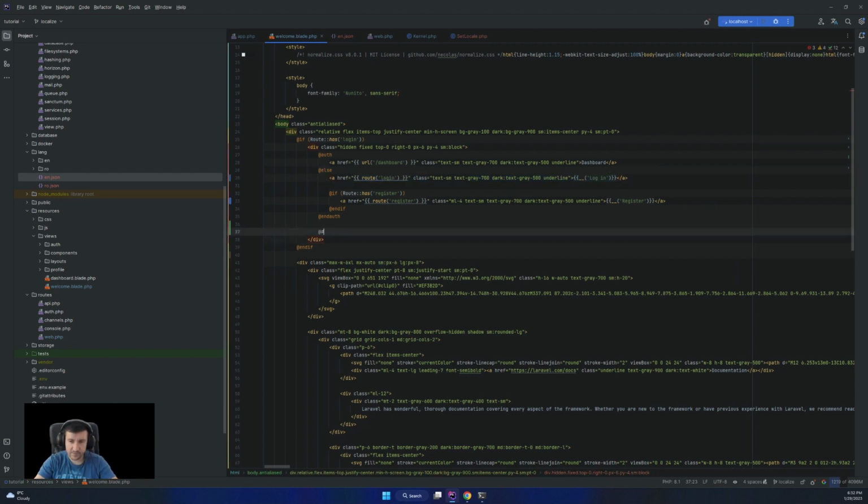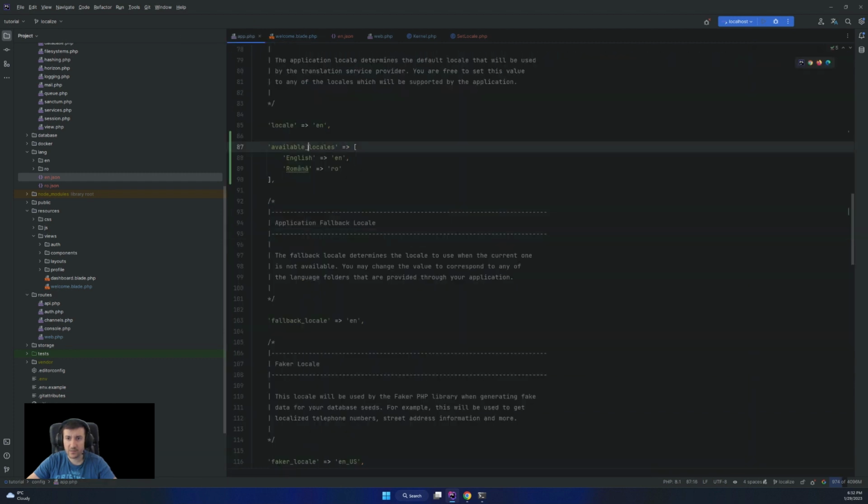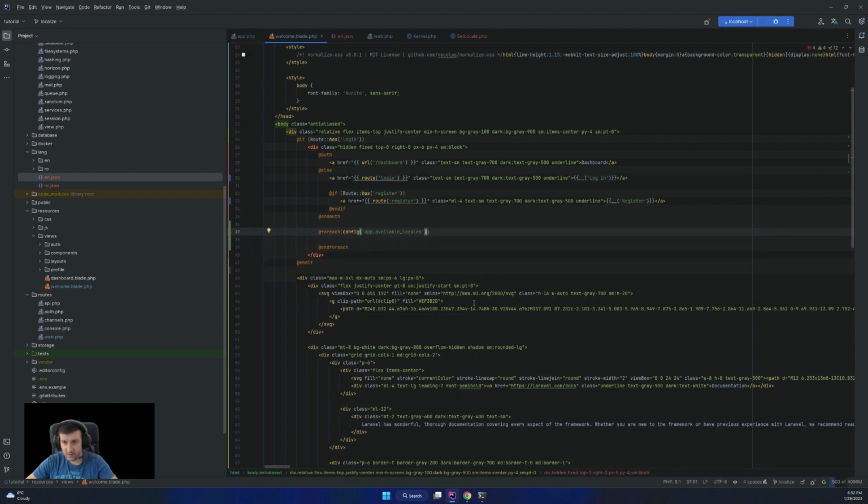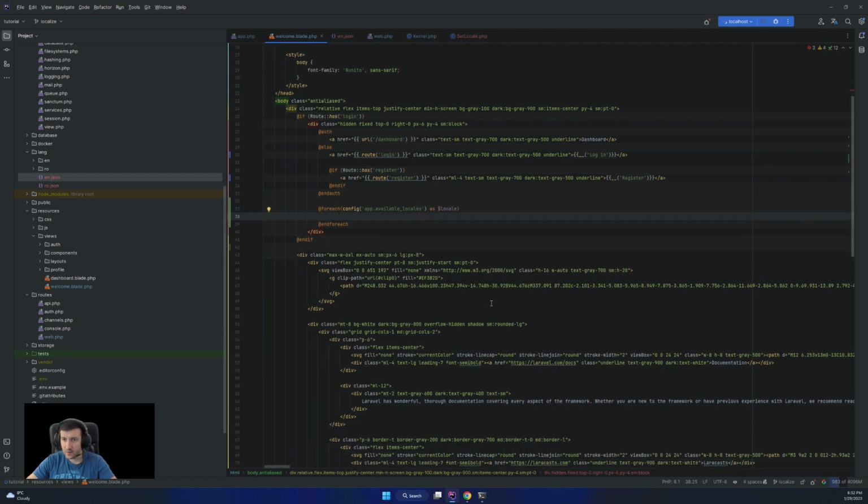So we want to say for each config available locale. How do I name that? Available locales. So I want for each available locale as locale. I'm going to do something easy, and next time we'll do more complicated.